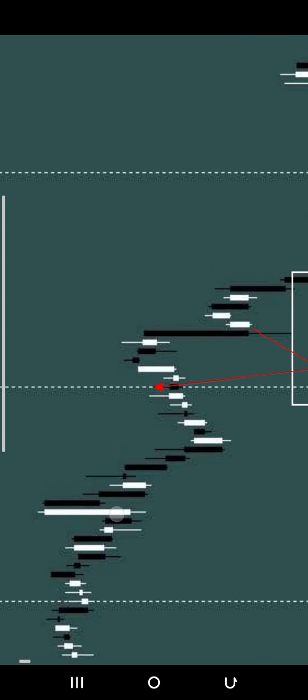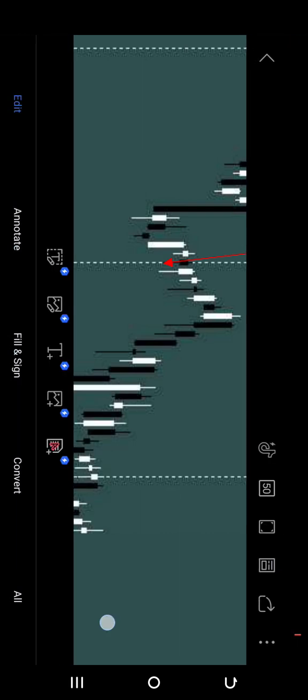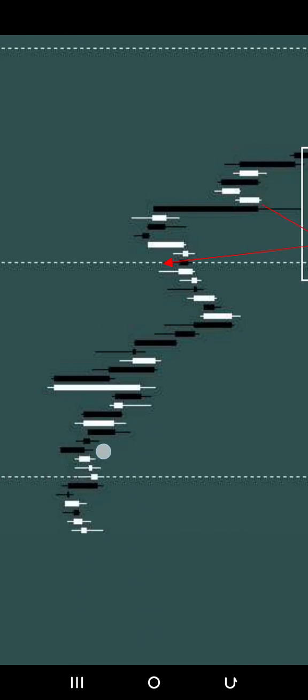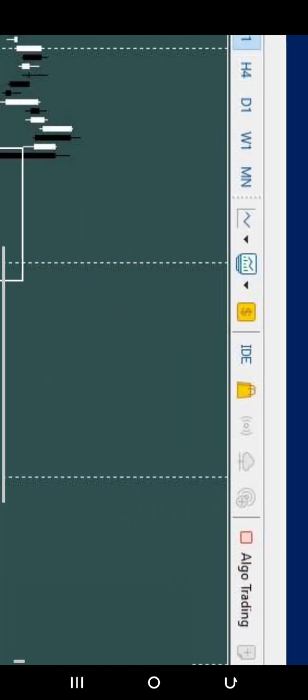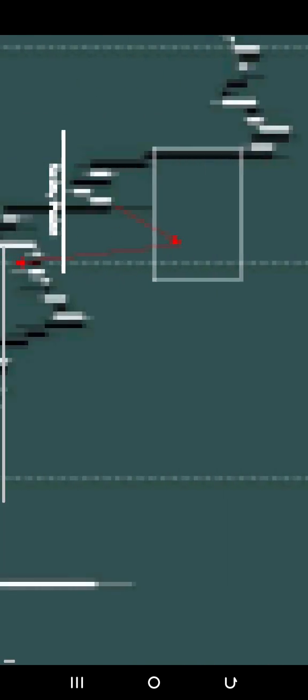So eventually what happened? Price broke down and kept coming down. It created another tiny fair value gap here. Can you see? You would have entered off of this fair value gap, you place your stop loss just above it, then you target this swing low. Then you continue to ride it down. Now look at the price eventually came down. Now when price came down, look at what happened. Can you see price hits your take profit, and eventually even came down a little bit, right? So now let's continue to see what price did.